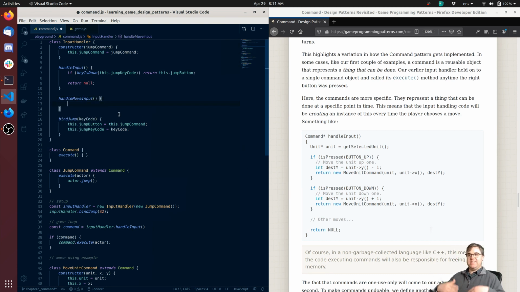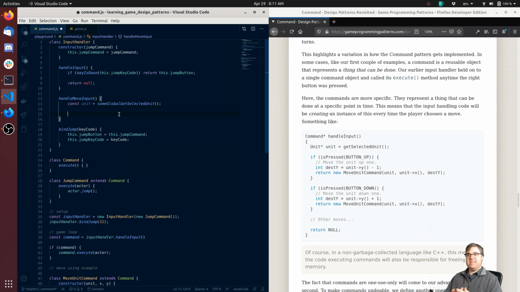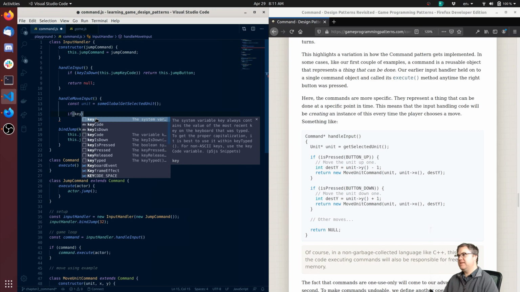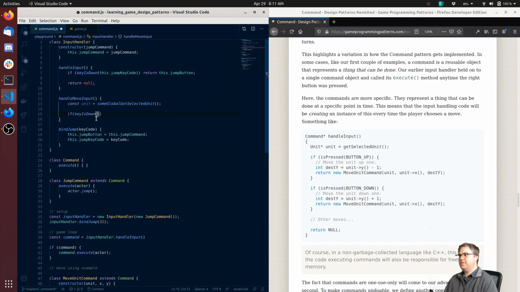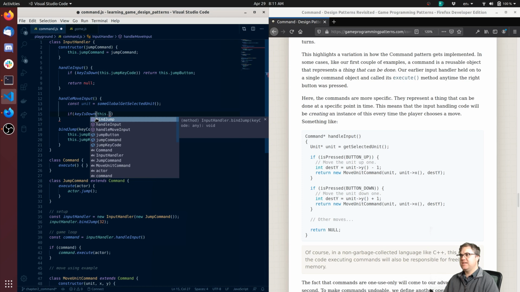The first thing we need to do is get the unit. And it looks like this unit is not used anywhere else. So we can just say const unit equals, and this is going to be some global get selected unit function. Then it's going to be exactly the same thing that we have here. So if key is down, and then it's going to be this dot essentially